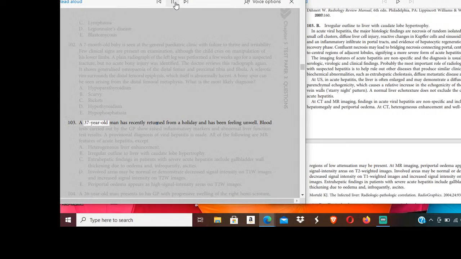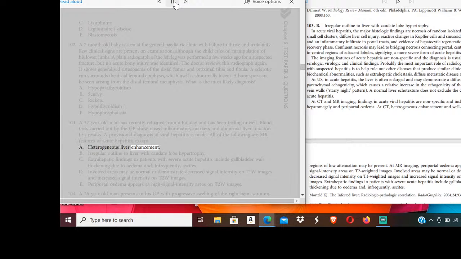103. A 37-year-old man has recently returned from a holiday and has been feeling unwell. Blood tests carried out by the GP show raised inflammatory markers and abnormal liver function test results. A provisional diagnosis of viral hepatitis is made. All of the following are features of acute hepatitis, except: